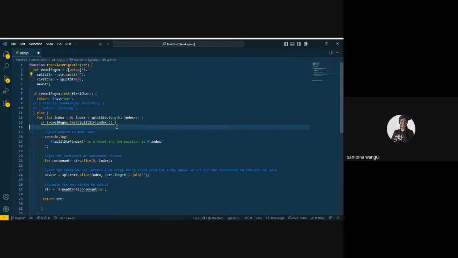And then inside the loop, my test was, I'll take this regular expression and test it as I loop through. I want you to check when you come across a vowel, because remember the instructions were, whenever you come across a vowel, you get rid of the consonant clusters. I think that was the instruction. You check the, sorry. You check the